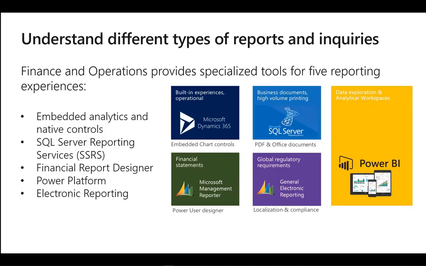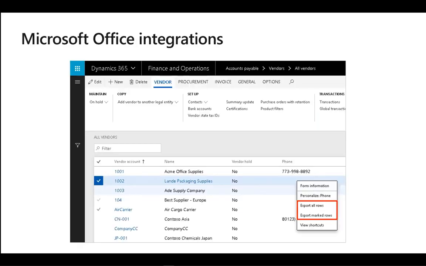Electronic reporting. Electronic reporting is used to configure electronic documents in accordance with legal requirements of various countries and regions. In Dynamics 365 Finance and Operations, we can use the Microsoft Office integration tool to generate ad hoc reports. By using the Microsoft Office integration built-in feature,